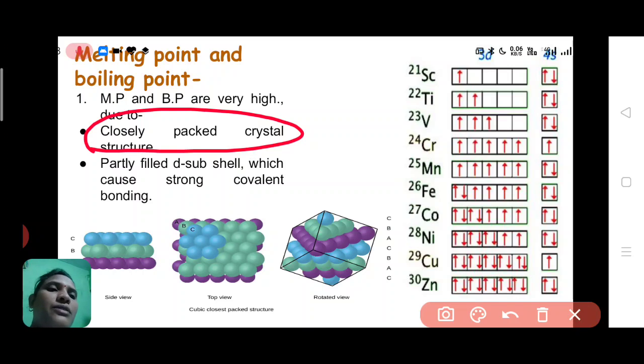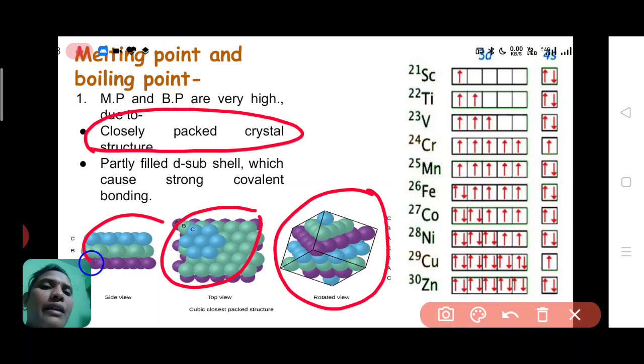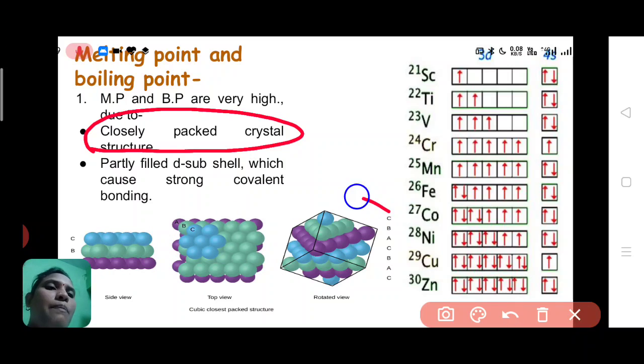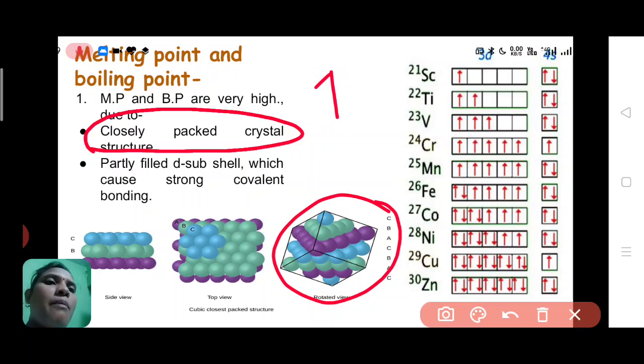Closely packed crystal structure means the layers of atoms in their crystals are very close to each other, and hence they form a closely packed crystal structure. This closely packed crystal structure requires more heat